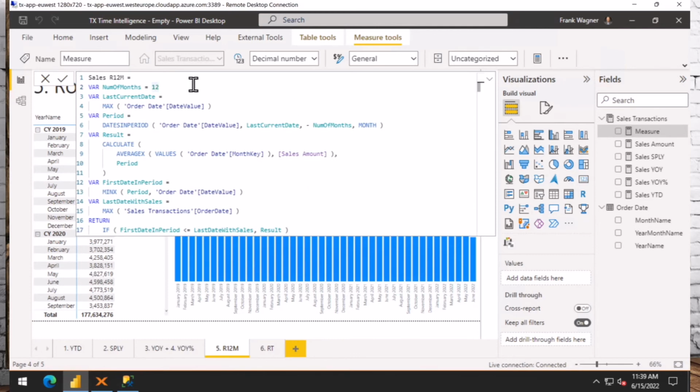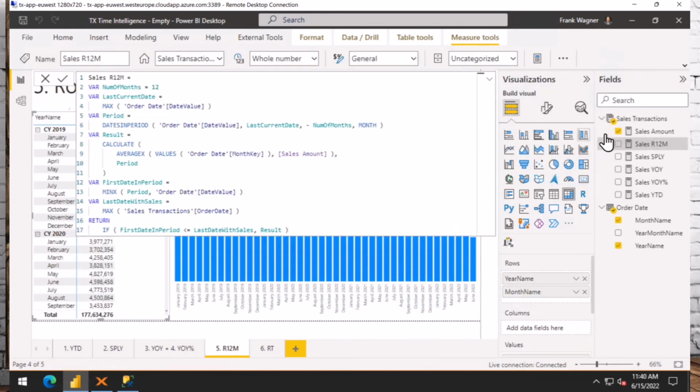Just as a side note, depending on your seasonality, if it's not based on 12 periods, because it makes more sense to look at shorter time frames or even longer ones, depending on how your seasonality works, how your volatility works, you can play around with it. You can also look not at rolling 12 months, but also rolling 6 months, rolling 3 months, even rolling 7 days, whichever time frame makes sense, right? You can just adapt this kind of code. So let's confirm that one. And then we can add it